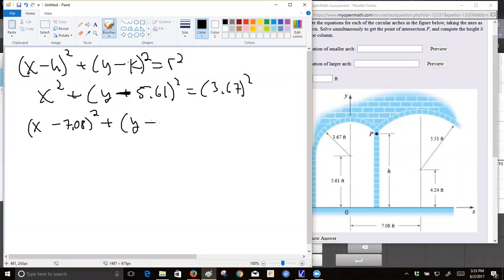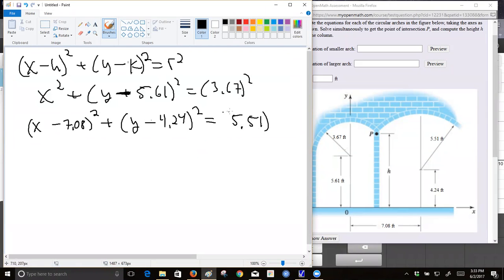It should be minus, this one should be minus 4.24. If it had been plus, it would have been shifted down. That's not what's happening. 4.24 squared equals the radius squared,